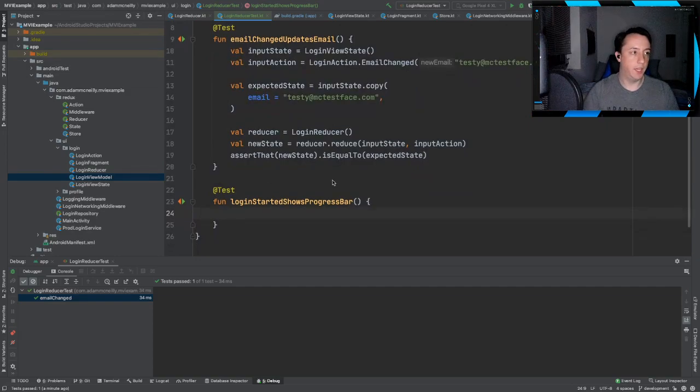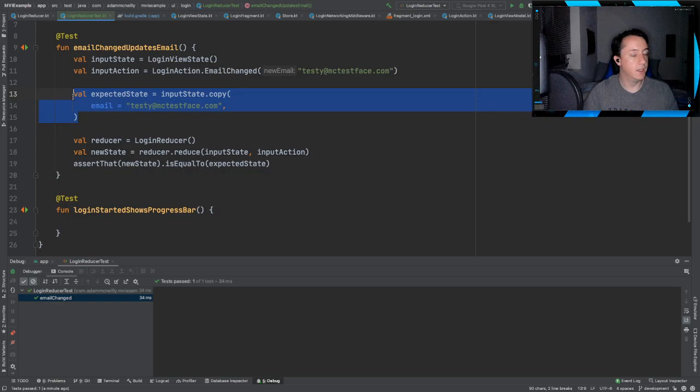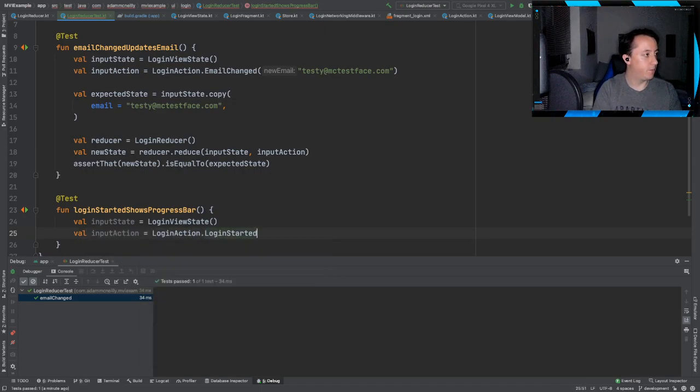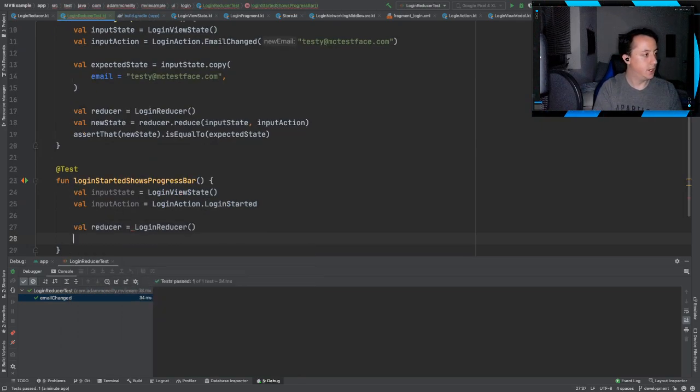So another way to look at these tests is, I suggest that you run an assertion against a specific state, but you could also assert against a specific property. So for example, let's say we have our input state is login view state, and then our input action will be login started. We could create a reducer here. We can get a new state with our input state and